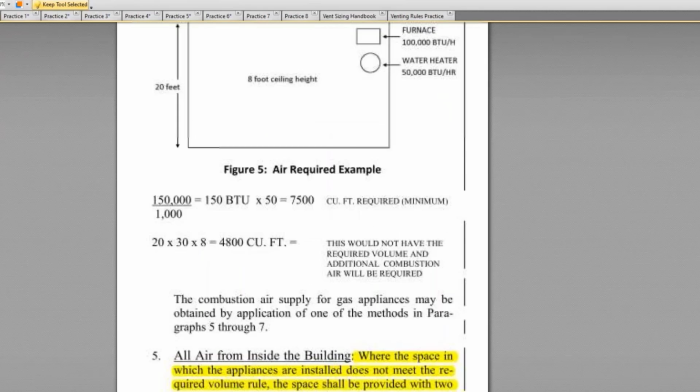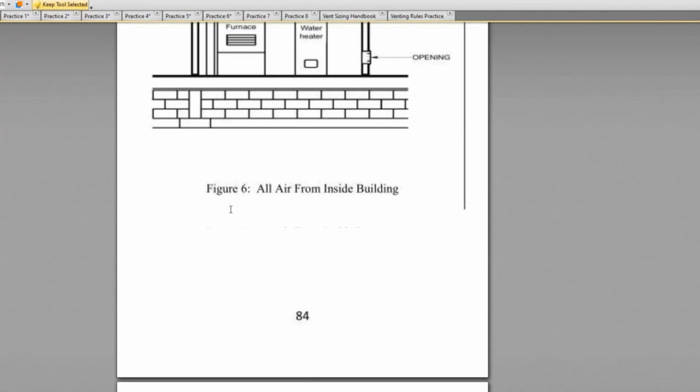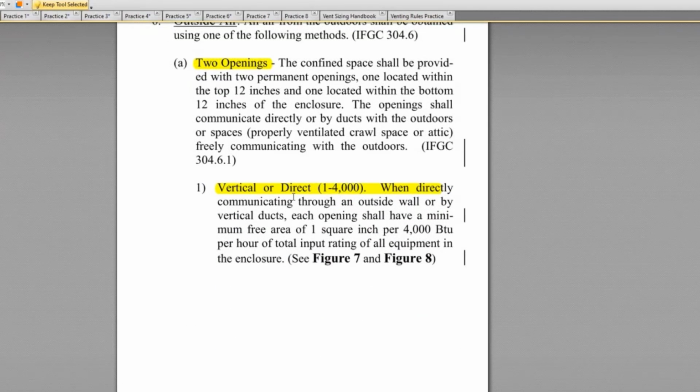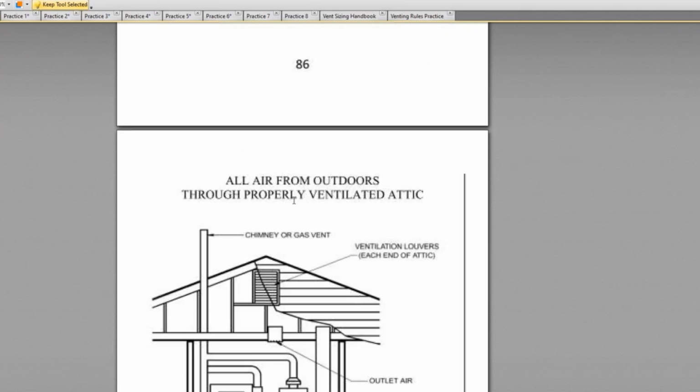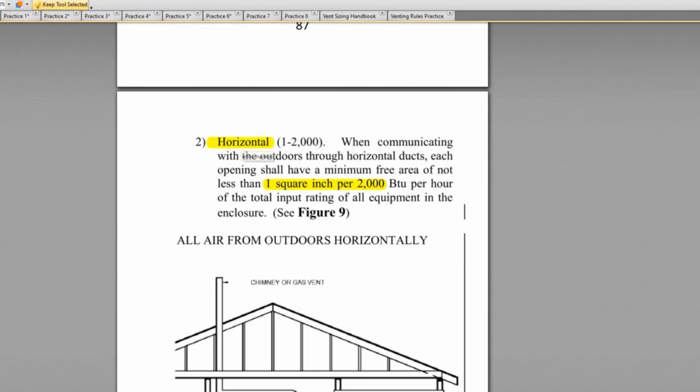So we go down to the code for pulling outside air. Let's see, that's vertical or direct. That doesn't fit with what we're doing. We're using horizontal ducts. If I use horizontal ducts, I have to have 1 square inch for every 2,000 BTUs, okay? And so he simply did the math of,